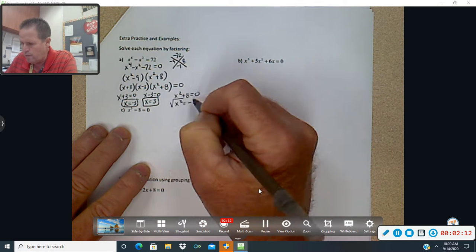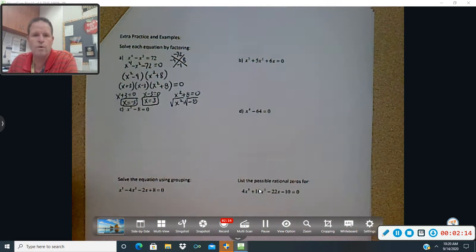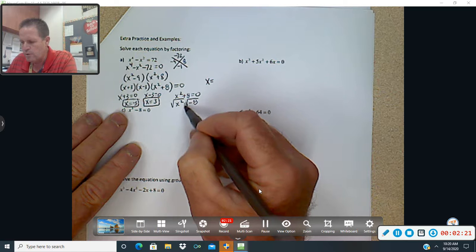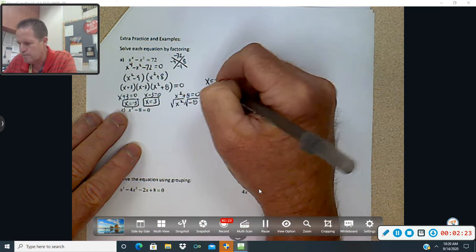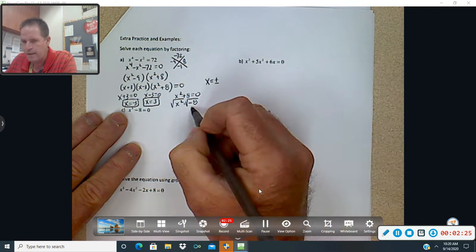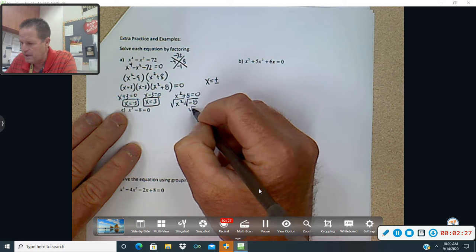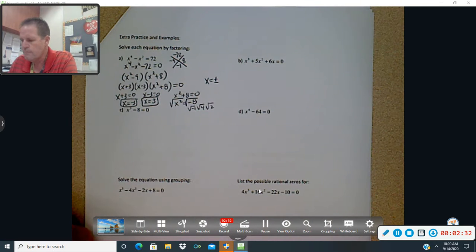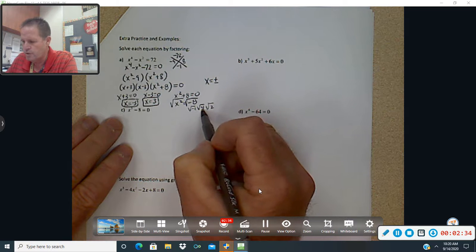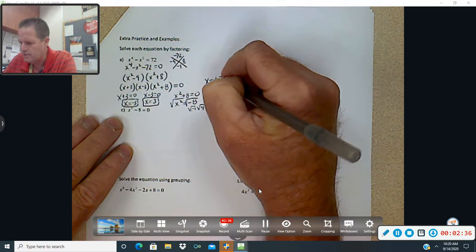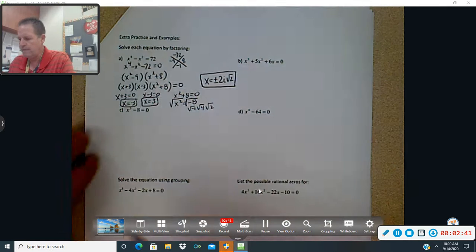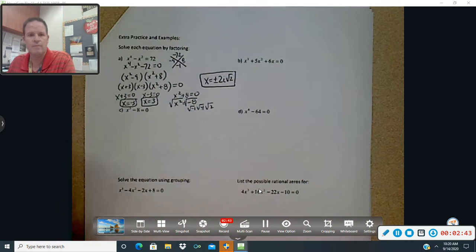And then you'll square root each side. And this is where your i's come in and all the stuff we've been doing recently. So x equals... Now remember, when you solve an x squared, it's always plus or minus. Now you can break up the square root of negative 8 into the square root of negative 1, square root of 4, square root of 2. So square root of 4 is 2, square root of negative 1 is i, so this is going to be 2i, square root of 2, and we have it,